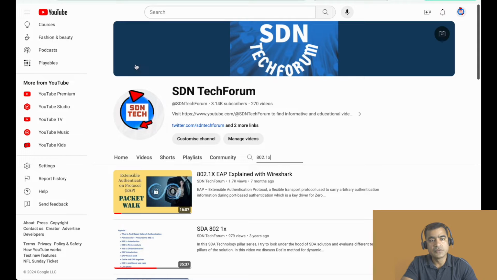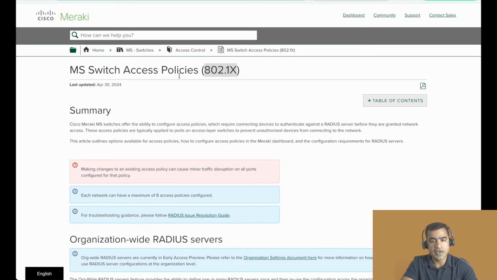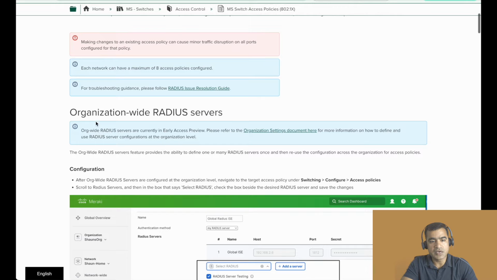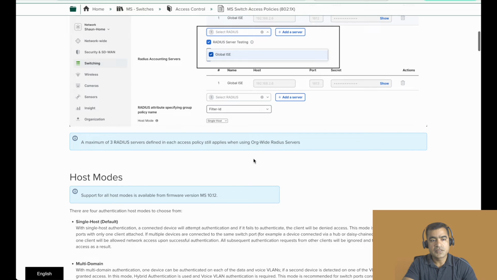But coming back to the Meraki world, give the MS Switch access policies for 802.1x a read. It essentially tells you that now you have the capability to define a radius server at the org level. That means you do not have to create a radius server per network; you can create one radius server at the org level and call it within different networks. This is essentially what we are going to do. Then this is the most important part,